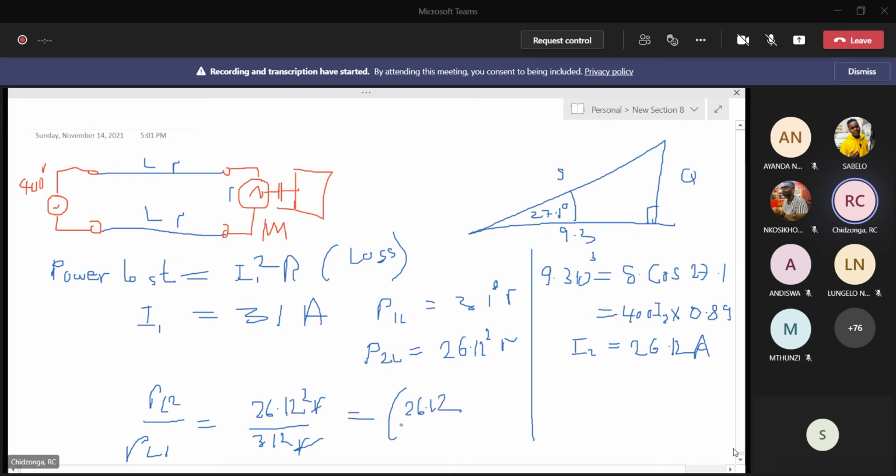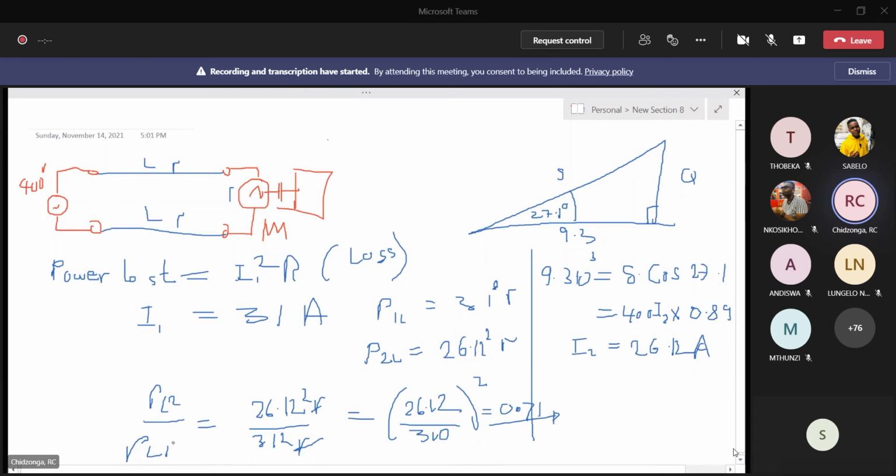26.12 divided by 31.0 squared. What is the answer? 0.7. 0.71. Okay, 0.71. Yes. Do you see your answer? So if you look at power loss 1 and power loss 2, it is 0.71